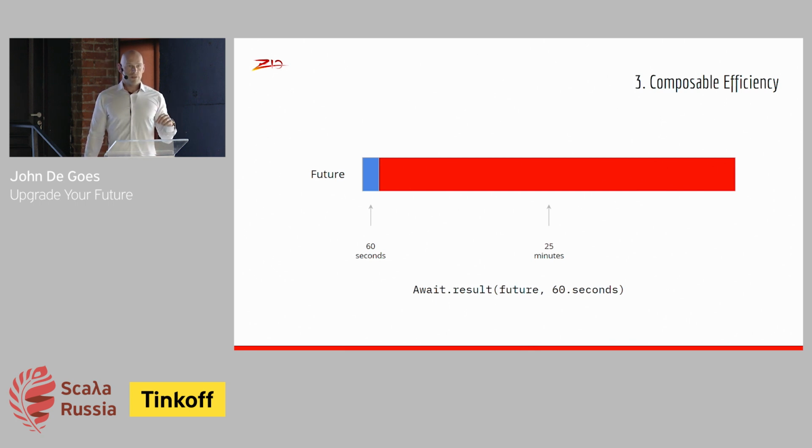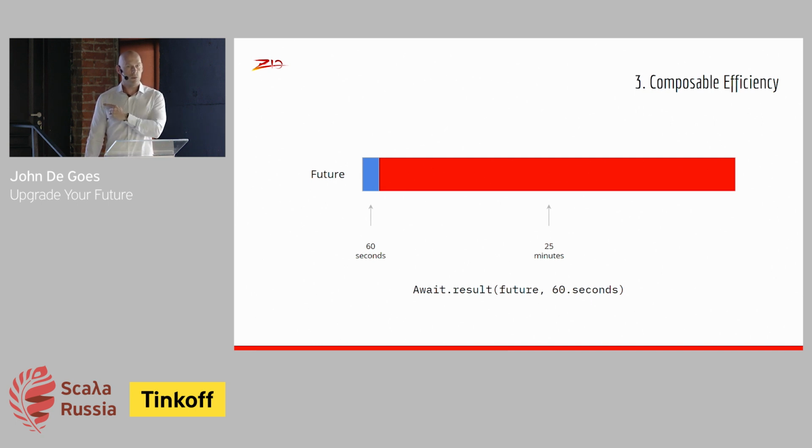This efficient termination or efficient cancellation was incredibly important to building Twitter. That's one of the reasons that Twitter has their own future, because they needed the ability to cancel futures that weren't being used. It isn't baked into Future. It can never be baked into Future. It has the wrong shape of API for that type of feature. It's baked into ZIO, and you see it not just in await.result,